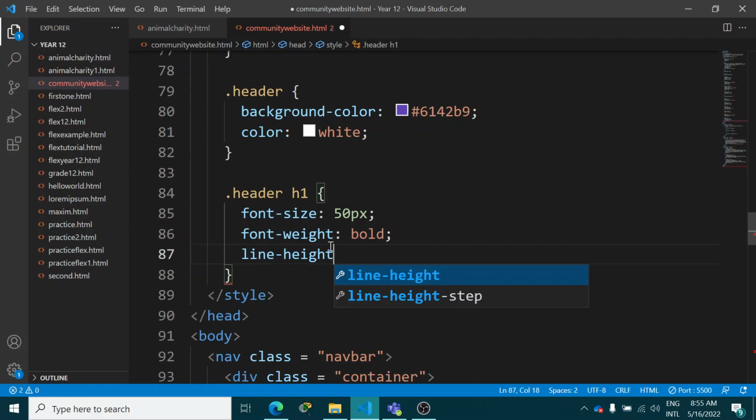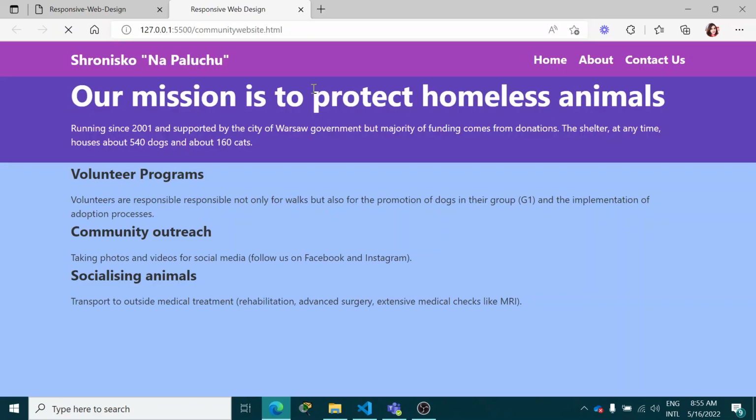Okay, so line height is basically the height of a particular text item. Sometimes it's important to introduce the spacing out here, so that it is not really touching the box. So that's for my heading. Now for my image,